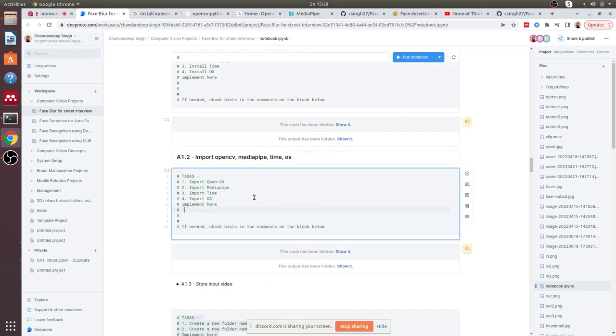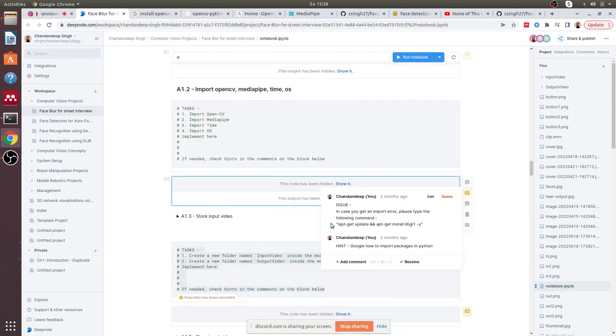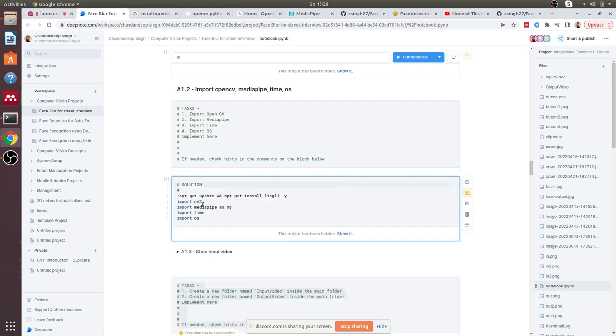So this is the idea. And after that you would import OpenCV, again, check the hint. Using this notebook, you would probably get an error, and then you would have to install something here, and that would fix it. So just update it, install this libgl, and just import these. So once these tasks are done,